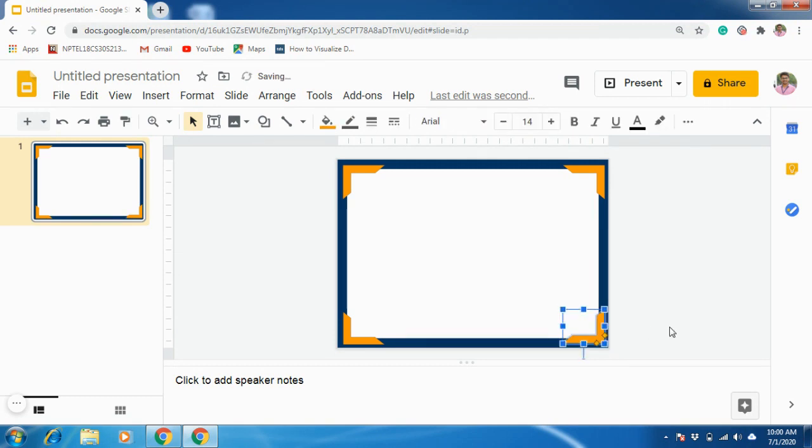For accuracy, try to use the arrows. Like this you can keep other designs also. Here's one more design. So whatever you want, you can do with the general Google Slides, for the basic background design of certificates.